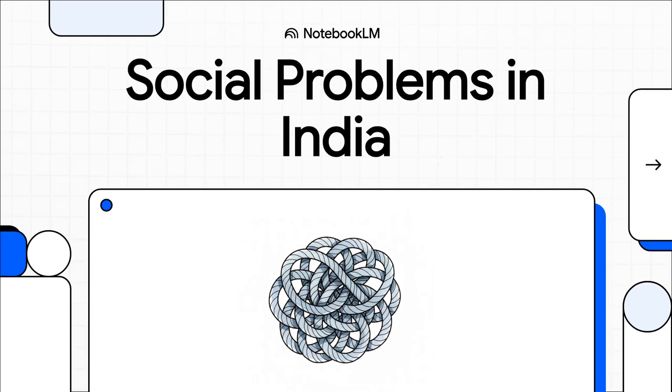All right, let's dive right in. What happens when a personal struggle starts affecting millions of people? You know, when does a private misfortune become a huge public issue? Today, we're going to explore some of the major social problems facing India, and we're using Chapter 6 of the Standard 12 Sociology textbook as our guide to really understand these challenges from the ground up.